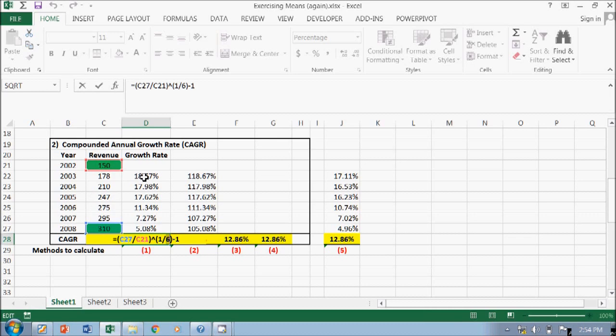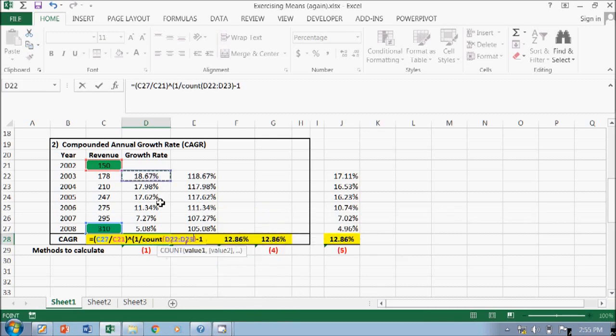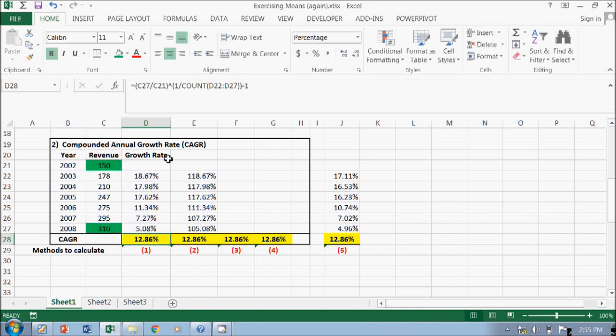Or you can see from the growth rate there are 6 years. You can use count if you want to make it more flexible. You just block it, and you're going to have the same result.